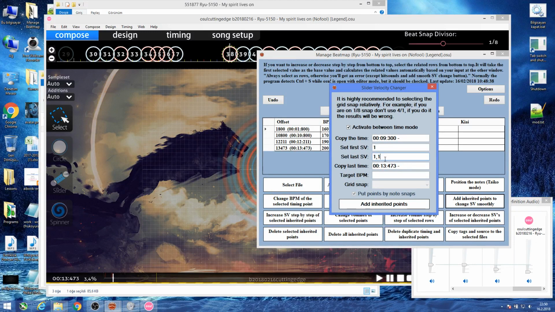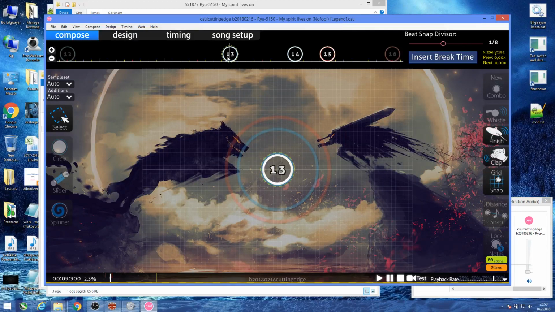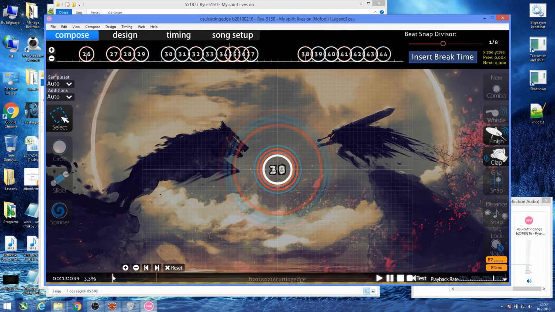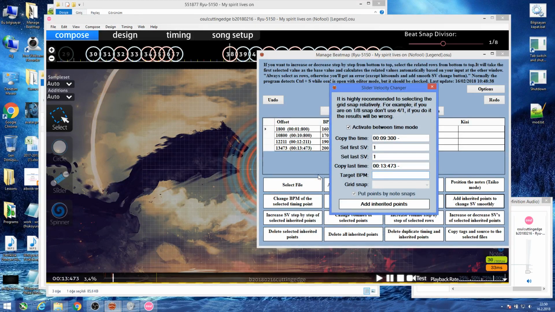set last CV as this value and set target BPM as 200. If you only want to increase to show the BPM change, put both 1 on them. This will have 1 and this will have 1 as well, but it will increase smoothly. If you don't put a target BPM, it won't change the between values,